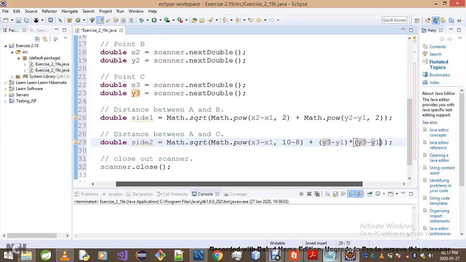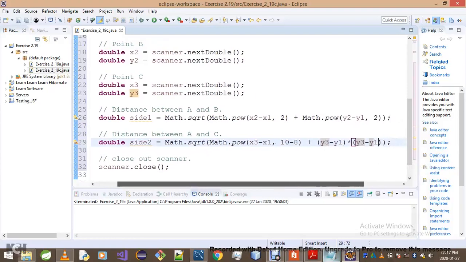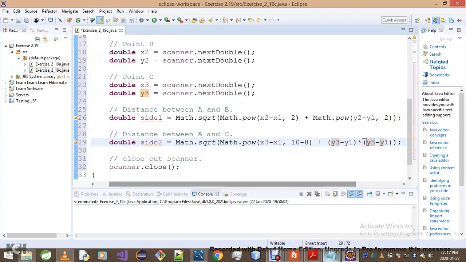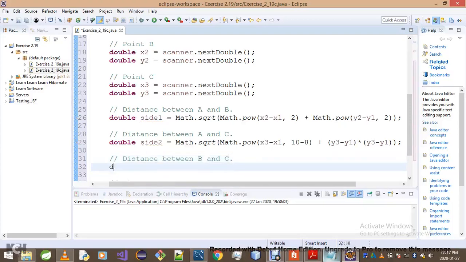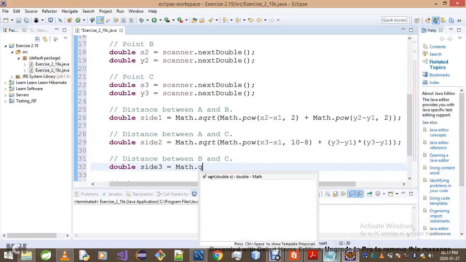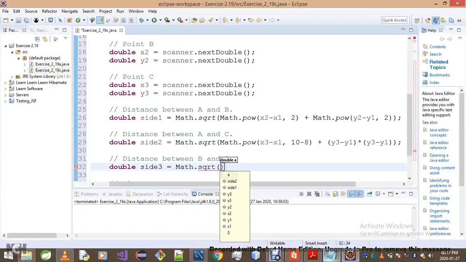versus 0. Okay, what else? Of course, you guys, this is not the best way of doing things. I'm just trying to emphasize different things there, to point out different things, I mean. So now lastly, we need a distance between B and C. And we'll simply call that our side 3, which will simply be the square root of